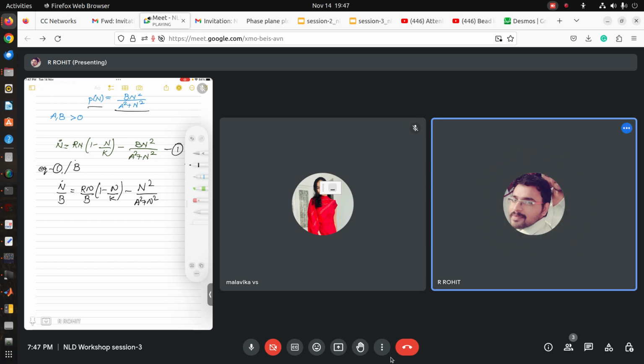Now once you obtain that, then they put a variable, say x, where n is taken as n by a. So this implies wherever you have n dot, it means a into x dot. a is a constant value, that's why we have put it. So if you substitute this 2, we will call this as 3. So if you substitute this 3 into 2,